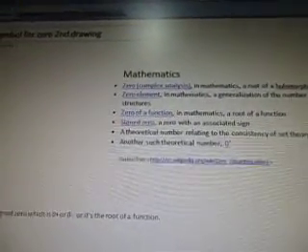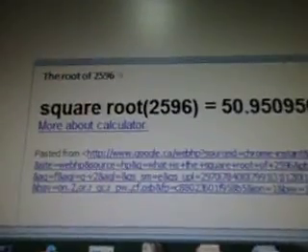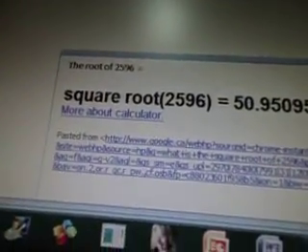So what I was looking at, zero of a function in mathematics, a root of a function. So I went with that one. The second one, called sign zero, is basically zero, a positive with the plus sign, or negative with a negative sign. And it's down here. It's either sign zero, which is zero plus or zero minus, or it's the root of a function. So those were the two that stuck out to me. So I did the square root of 2596, which is the number that came up from that equation, and it equals